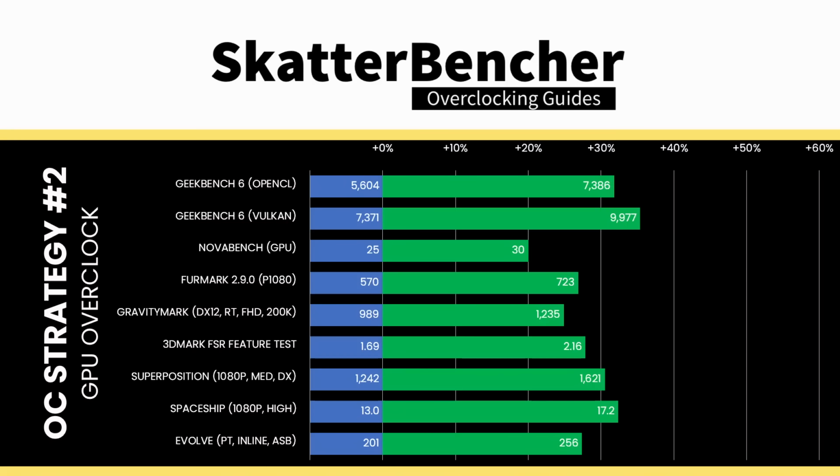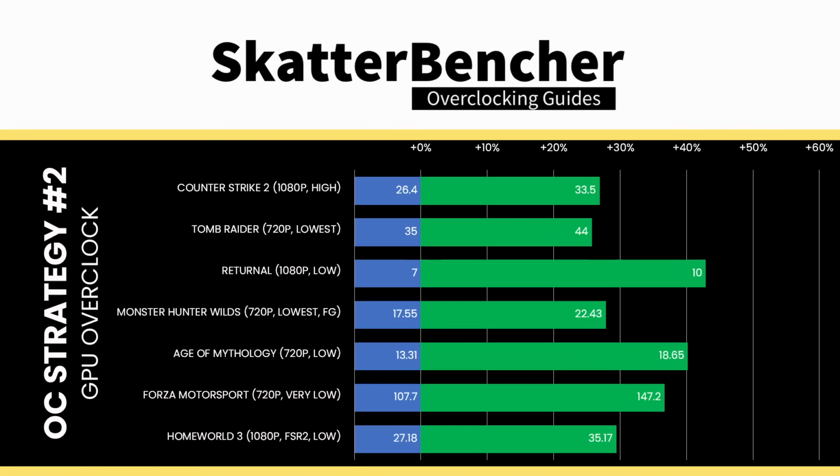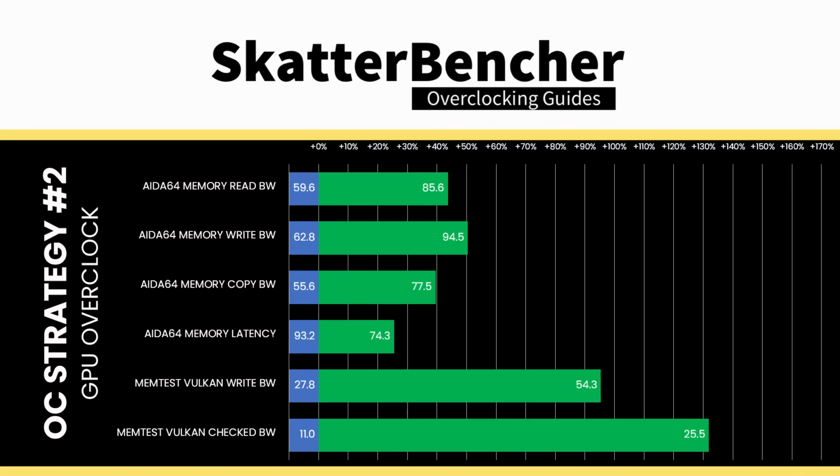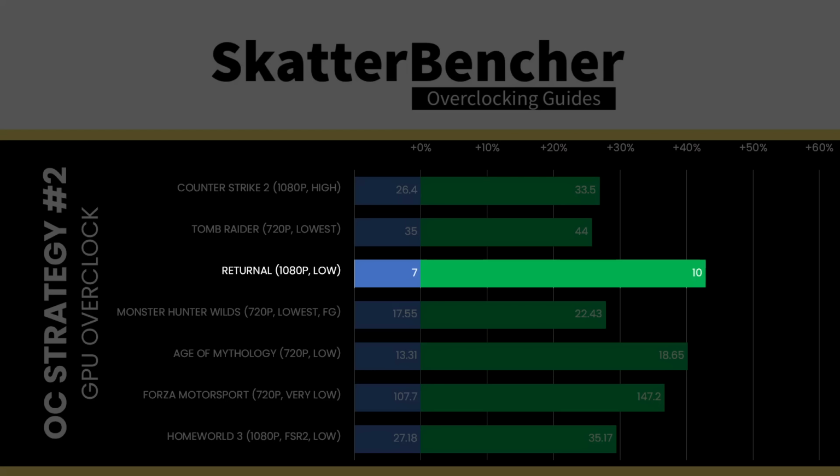we reran the benchmarks and checked the performance increase compared to the default operation. With a GPU frequency increase of about 27%, we'll obviously get higher performance across our entire benchmark suite. It's interesting to see the memtest of Vulkan write and checked bandwidth also scale significantly with increased GPU frequency. The geomean performance speedup over stock is plus 35.21%, and we get a maximum benchmark speedup of plus 42.86% in